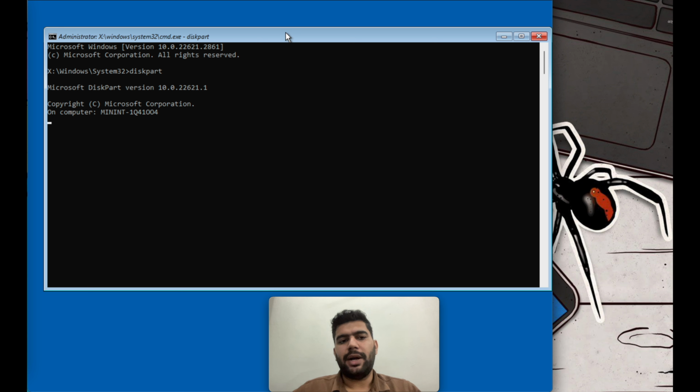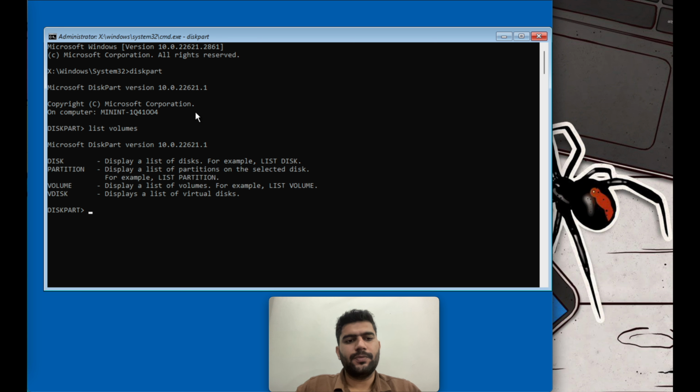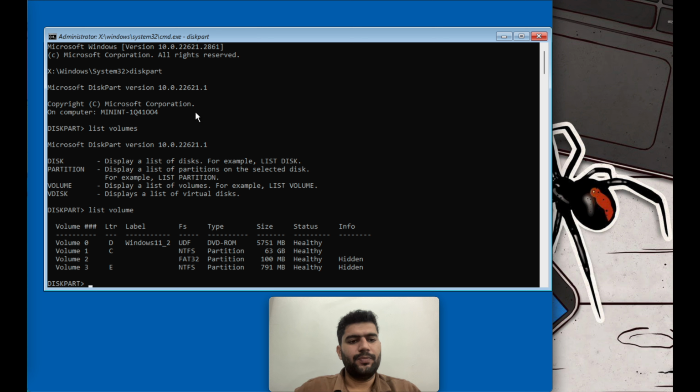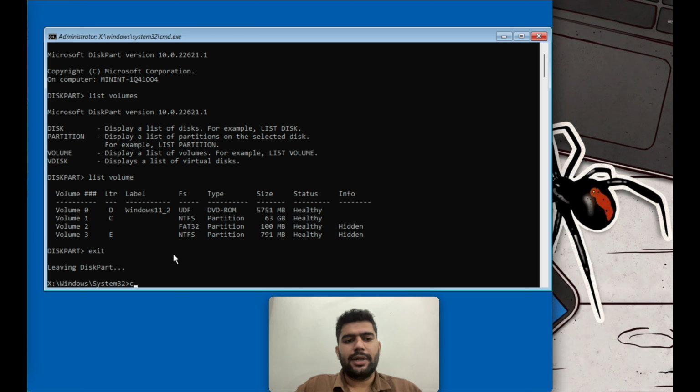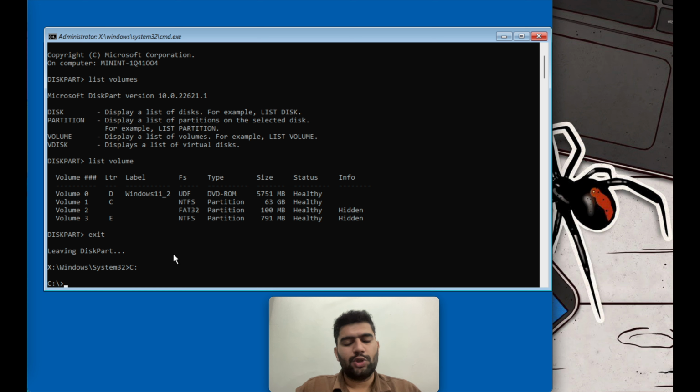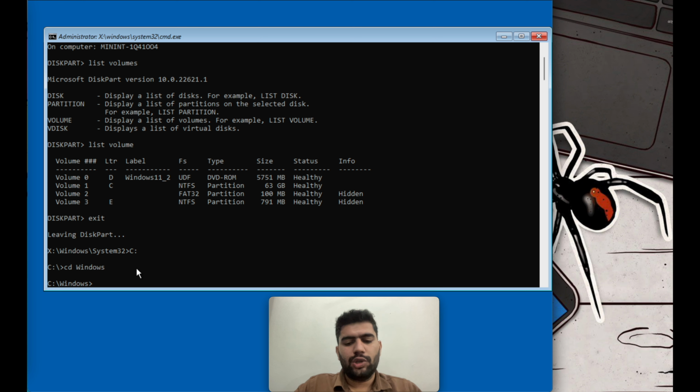It will open the disk partition tool in your system, and from there you can check with list volume. Here you can see we have three different partitions available: local drive C, D and E, and the size of local drive C is 63 GB. Now let's exit this and go to local drive C. We're going to use a few basic commands, like the drive letter and the colon symbol to move to that partition. Now inside local drive C, we're going to shift to Windows, and inside the Windows folder, we'll